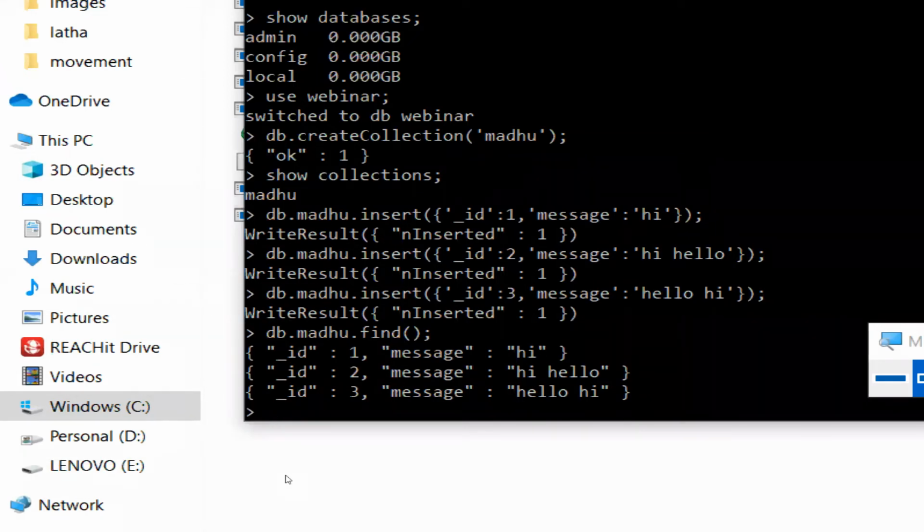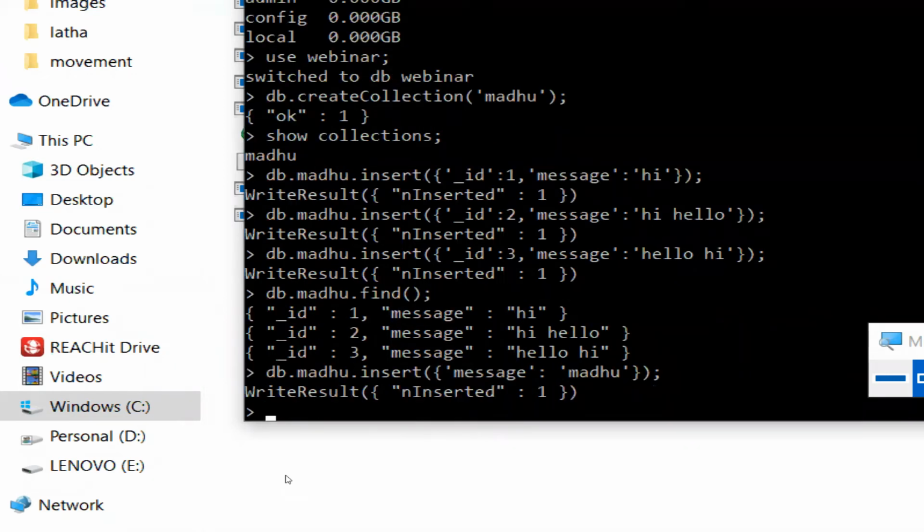Let's insert data without a primary key. Let's insert only a message, say Madhu. I'm inserting only the message. Enter. Now the data is inserted, but I have not inserted any primary key. If the primary key is not there in the document, the server will automatically add a primary key. Let's read the data.